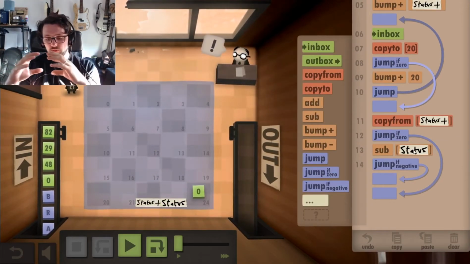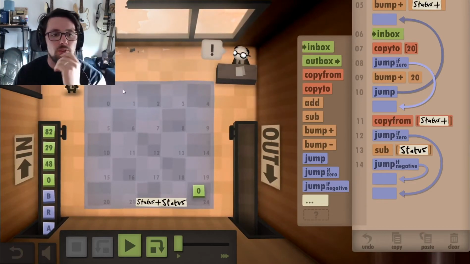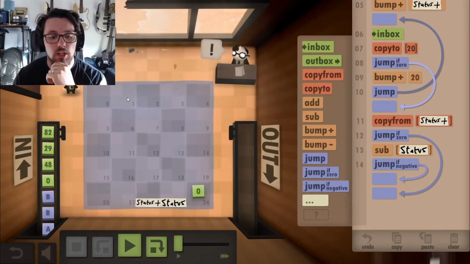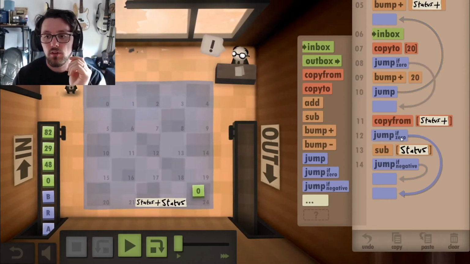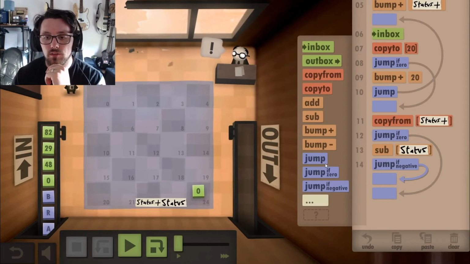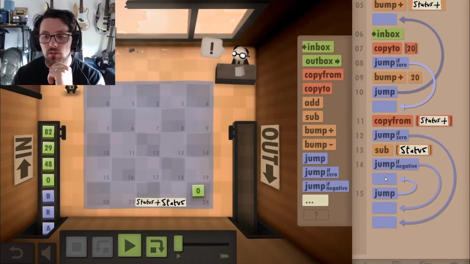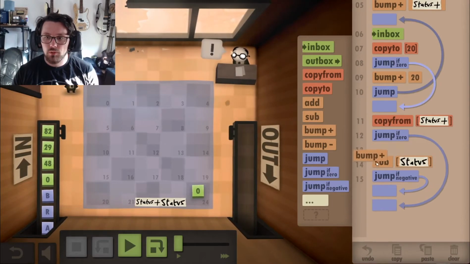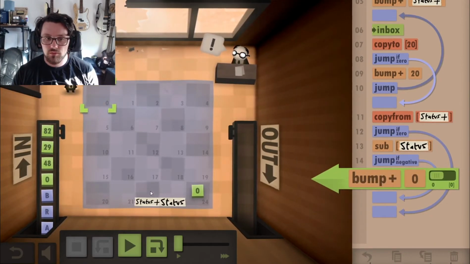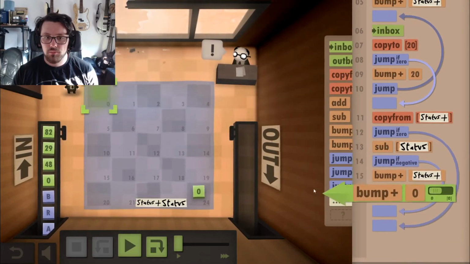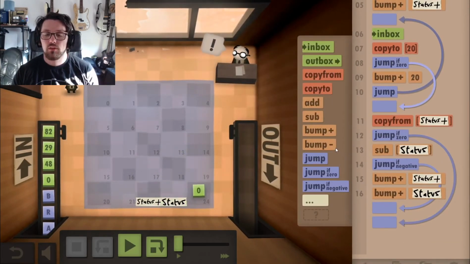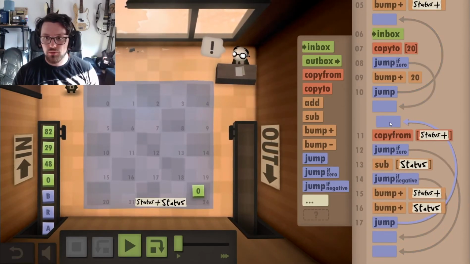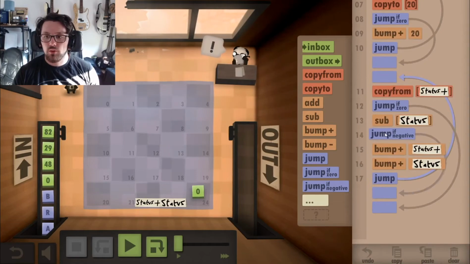So the second one. If the bigger one is here, if I take the big one minus that one, it's going to stay positive. That'll stay where it is. I don't want to do anything. Otherwise, if it is a negative, then I want to bump status, leave things where they are, jump back around, do that again. So if it is a negative,